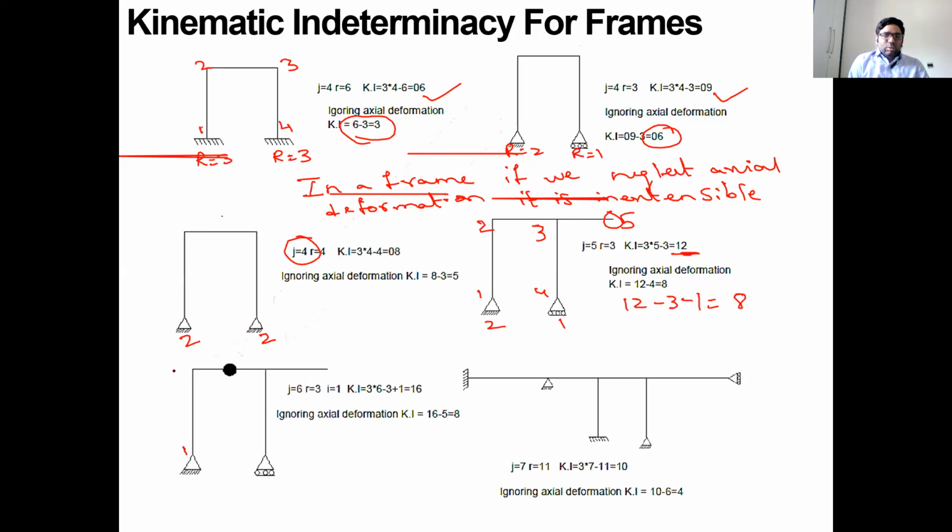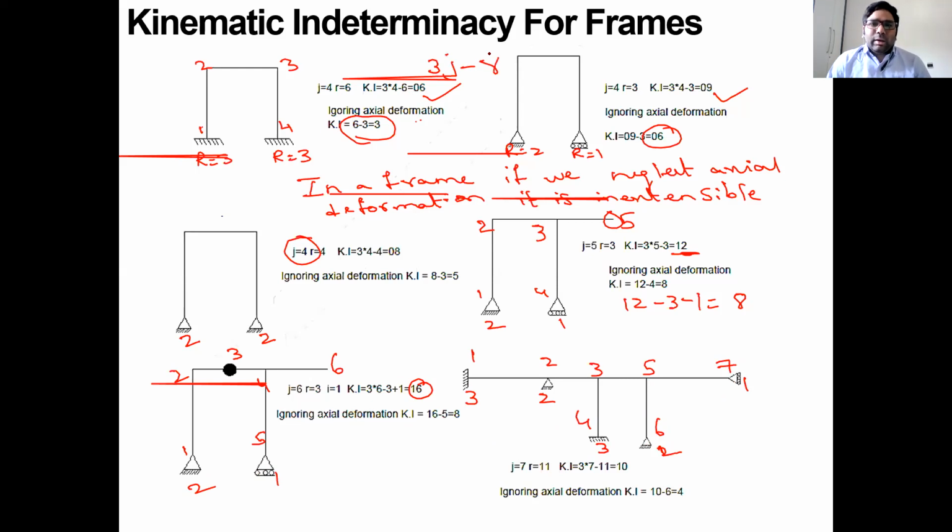So like that, here also 1, 2, 3, 4, 5, 6: 6 joints and 3 reactions. So neglecting axial, we will get 8. So here also 7 joints: 1, 2, 3, 4, 5, 6, 7. And reactions 3, 5, 8, 9, 10, 11. So reactions are 11. 3j minus r. Okay. So this is how we try to solve the problem for